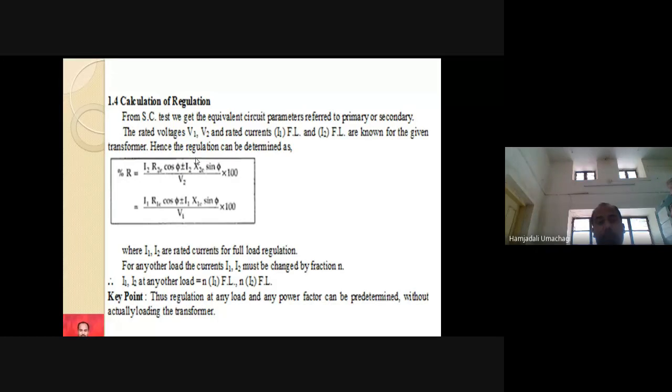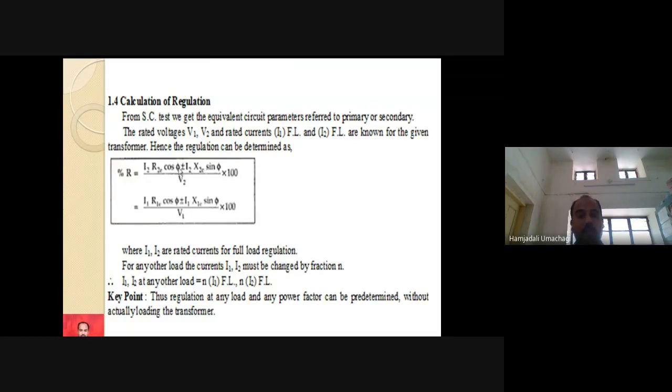Yes, sir. Okay. So in the laboratory, what you are supposed to do is, for different leading and lagging power factor conditions, plot the graph of regulation versus power factor. I told you that regulation will be negative for leading power factor because we are taking the minus sign. Why we take the minus sign: there is a derivation for that. You need to draw the phasor diagram and apply some trigonometric relations there. After applying those relations, at the end you find that for leading power factor, the regulation formula will be I2 R2e cos phi minus I2 X2e sin phi divided by V2.